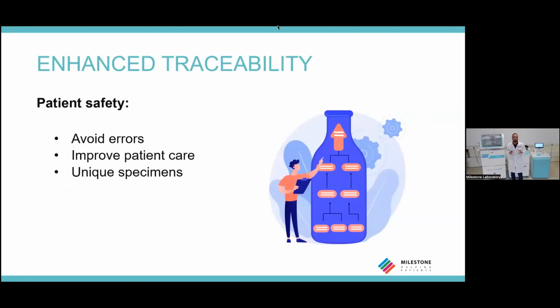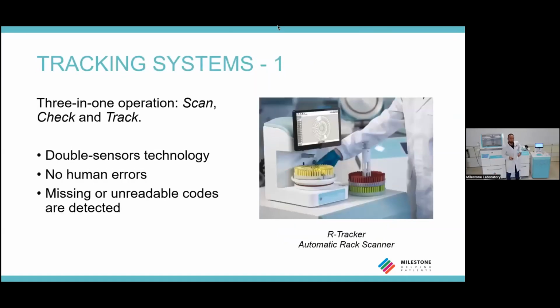Therefore, a mistake can cause harm to the patient. So if not properly tracked, there's a high risk of losing specimen or having mismatch between specimen and documents. So nowadays, traceability is really a key factor to patient safety for monitoring and tracking the specimen. So Milestone, in order to enhance traceability, designed a device having in mind patient safety, that is the Art Tracker,